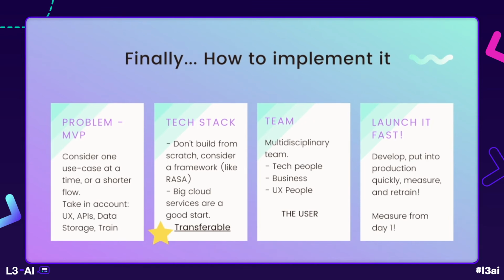Again, considering your team, people from the tech part or business part or the UX part, because each view is going to converge on this solution that is user centered. You need to focus on the final user, and launch it fast, so you validate your hypothesis